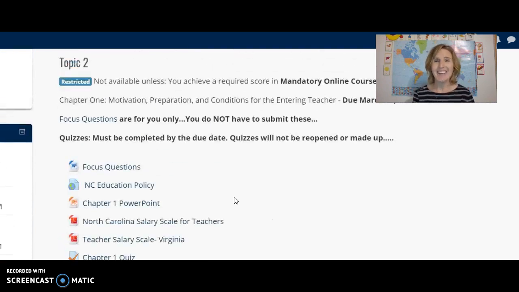Do not get behind. That's my biggest piece of advice. Go ahead and get ahead of that reading if you can. I know that SCC is on spring break right now, but we are going to have to just keep trudging along because we don't want anybody to get behind, because once you get behind at this level of a class in an 8-week period, it's really hard to catch back up.